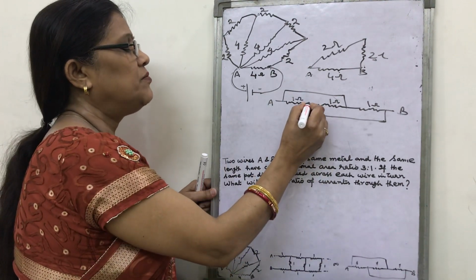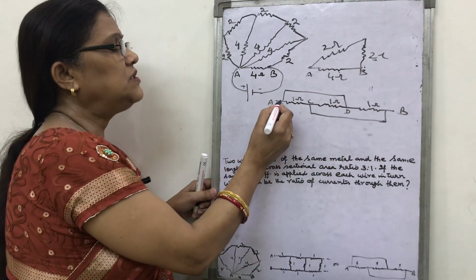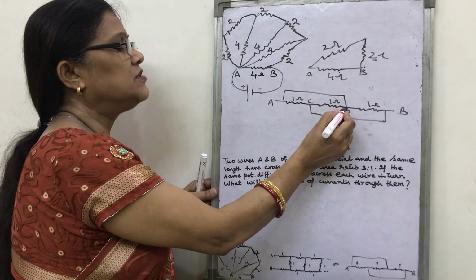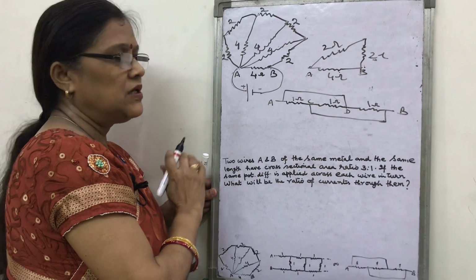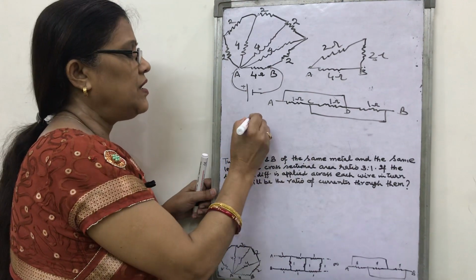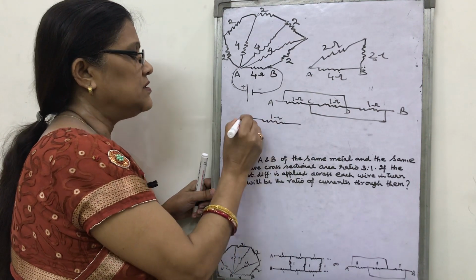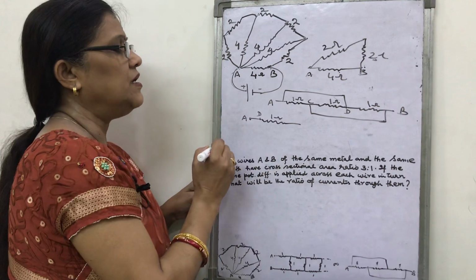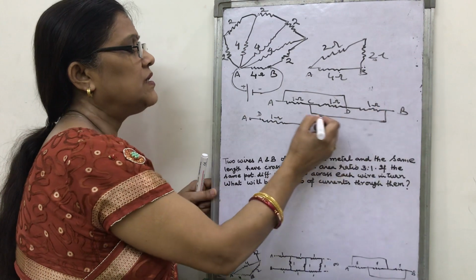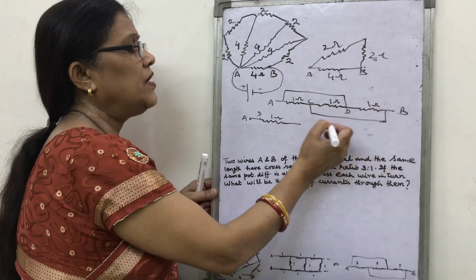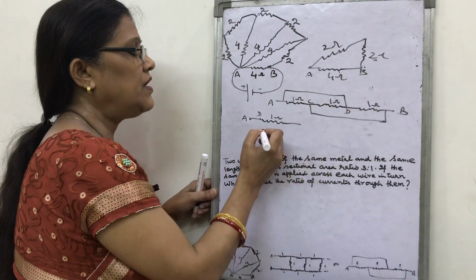Look here, suppose I write this name C and this name D. Since A and this connecting wire is going through the point D, A and D will be at the same place. So if you write A and D, and from A 1 ohm wire, you write here this is 1 ohm wire and this is A, or suppose you write here D. Similarly, suppose this point is B, then B and C will also be the same, and in between C and D there is a 1 ohm wire.